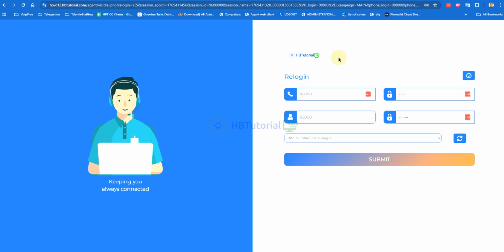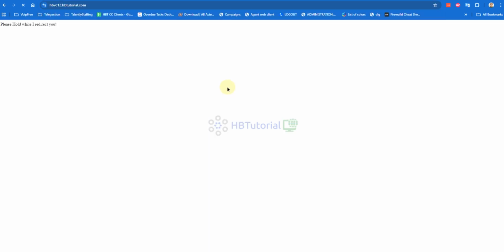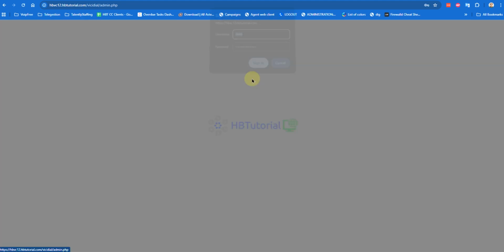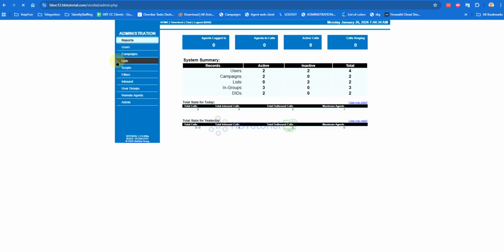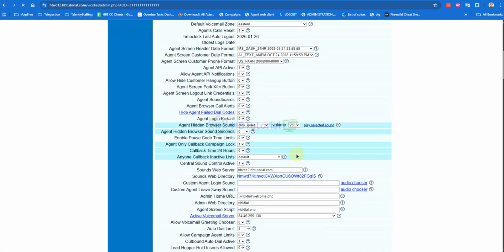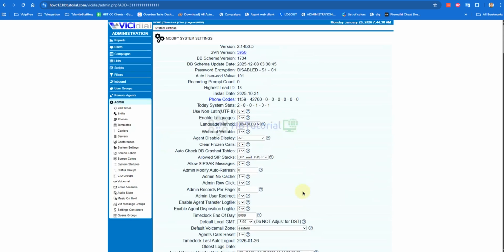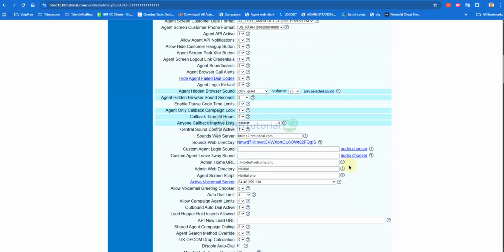Okay, so if you also want, if I log into the admin, let's see. Sometimes you also need to modify here, but you don't need to because this one is already on agent.php. Okay, so we are on 339.56.